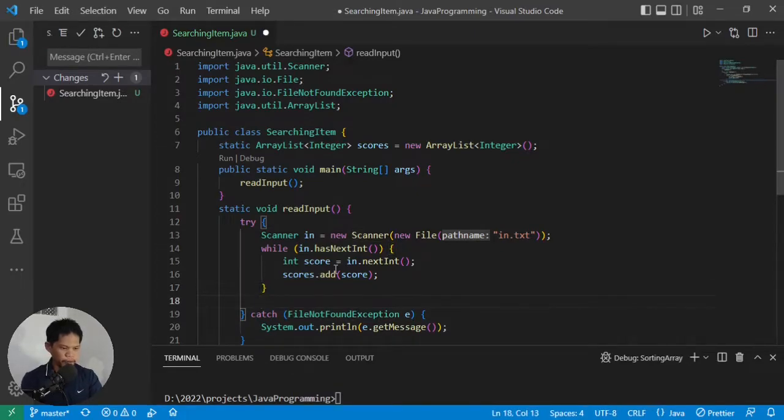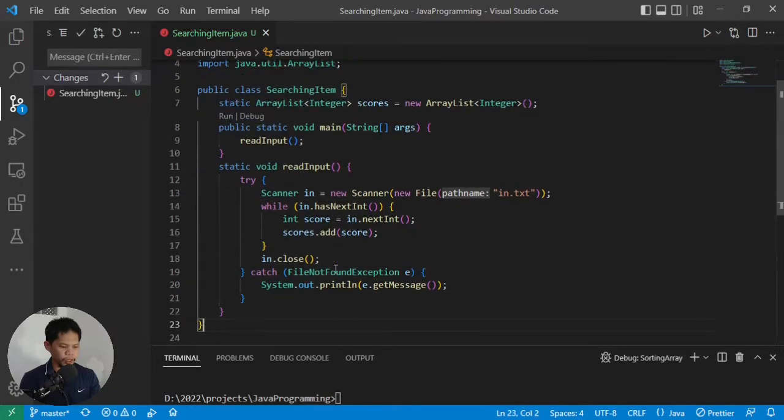So, after using it, you have to close it, in.close. So, na-read mo na yung laman niya. So, after reading it, populate na siya. So, next is, gawa tayo another, which is mag-print. Kung after populating it, mag-print siya. So, static